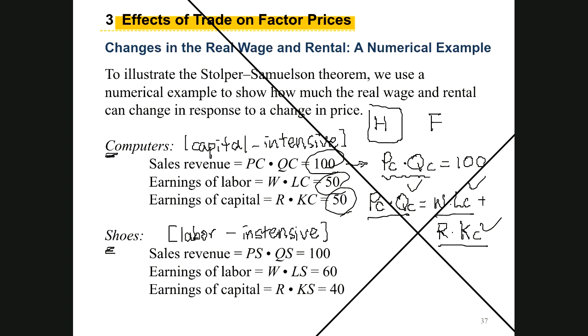So in the shoes industry, PS times QS, the total revenue in the shoes industry, is equal to 100. Earning for labor, it's 60. Earning for the capital, it's 40. Okay, so as you could see,